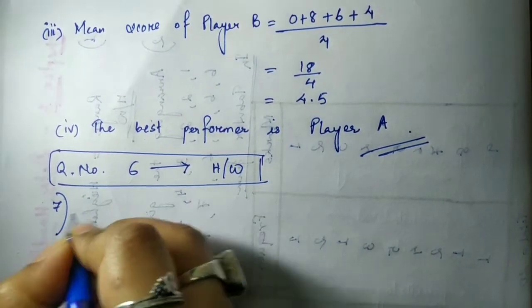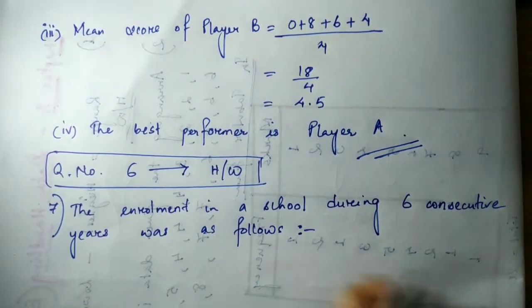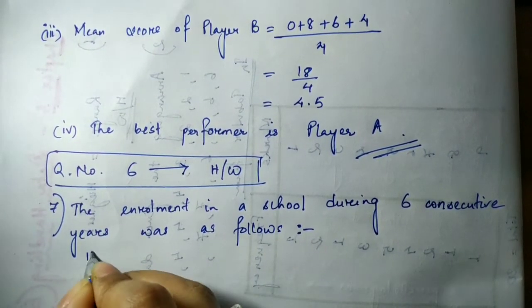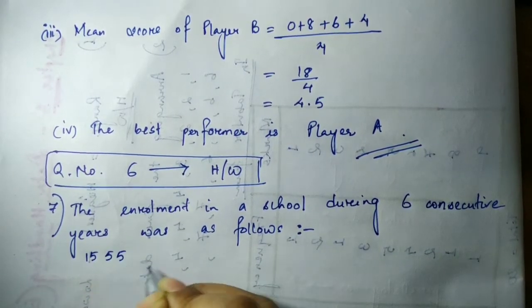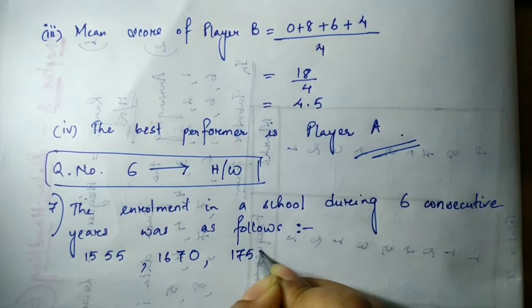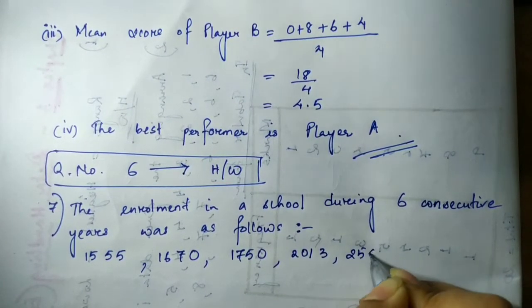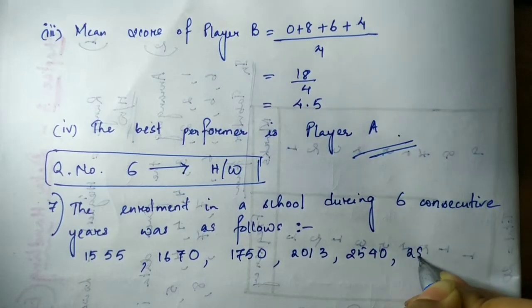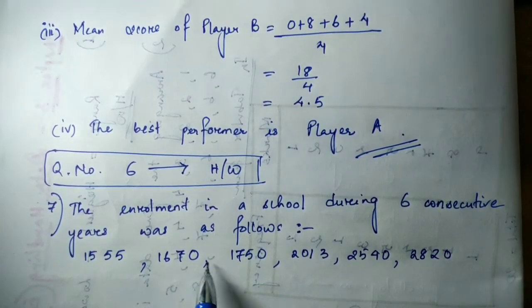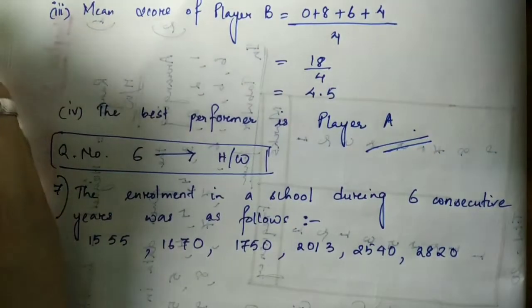So let's write down the statement in a proper way. I have written down the statement from the question itself. It looks good when you write it in a full statement. It makes sense. So these are the enrollments. You can see the numbers are given in the question. Directly you don't write the mean. You can, it's not wrong, but it's also a proper way of presenting the solution. So 1, 2, 3, 4, 5 and 6, there are 6 years. So what do I need to find? I have to find the mean enrollment.